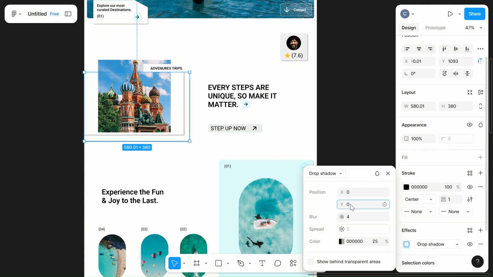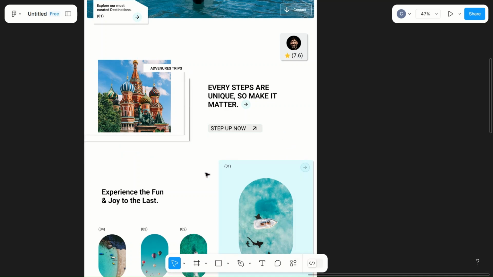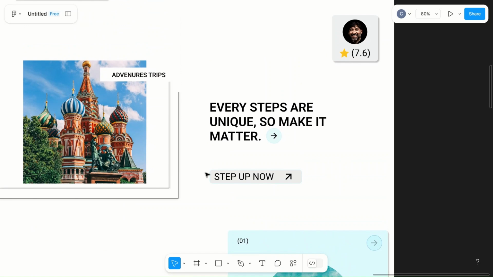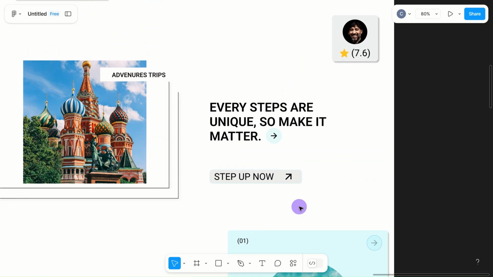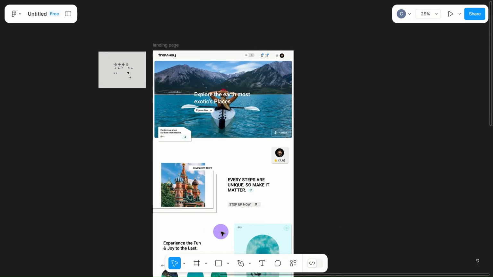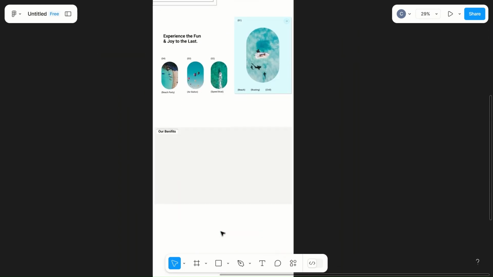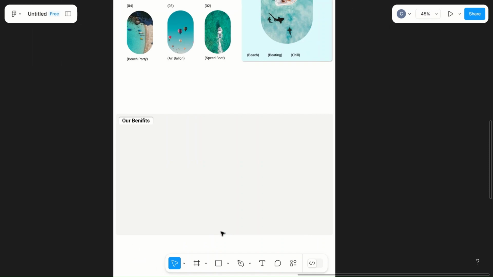Y to 0 and exactly 4. Okay, now fine. All right, so coming back to this section, so we need to give some information, right, so about